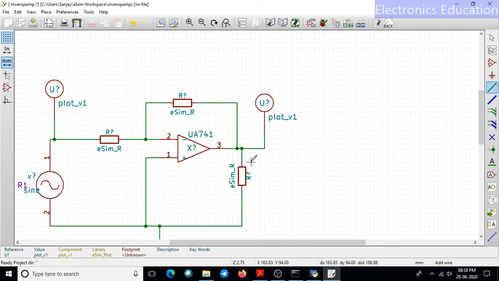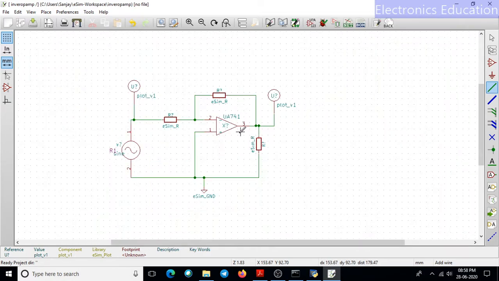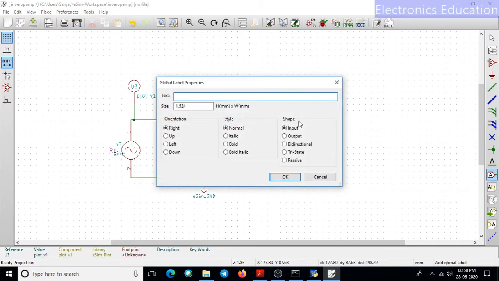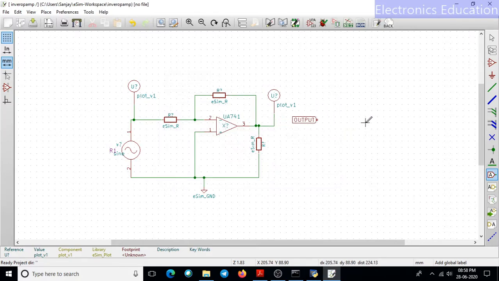Now we need to give labels for these plots, so I will click here and place it here. It will ask for a text. Let us say output, this is the output. Again we can rotate it as per our need.